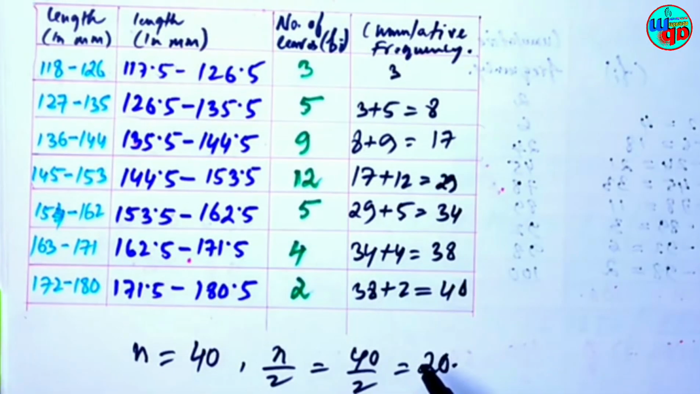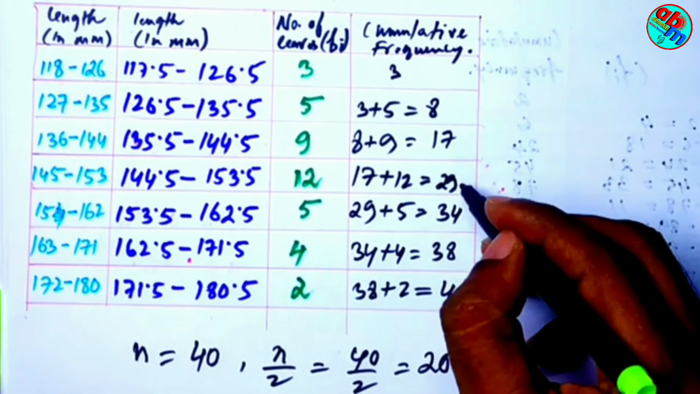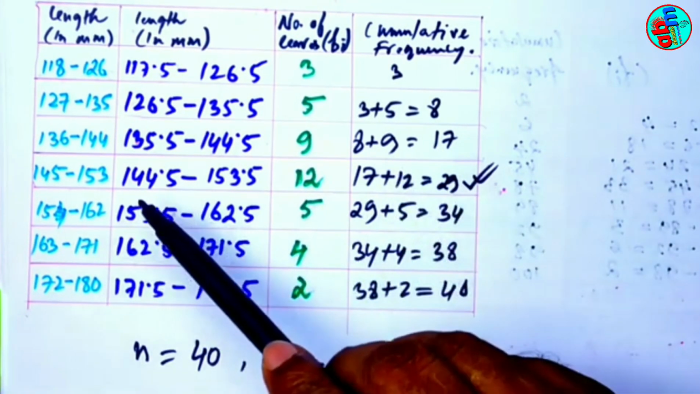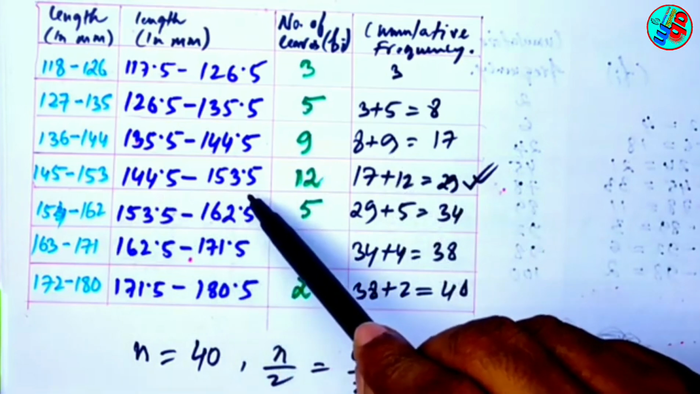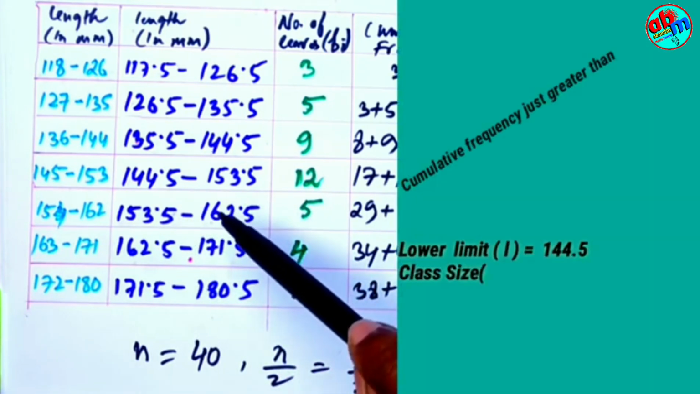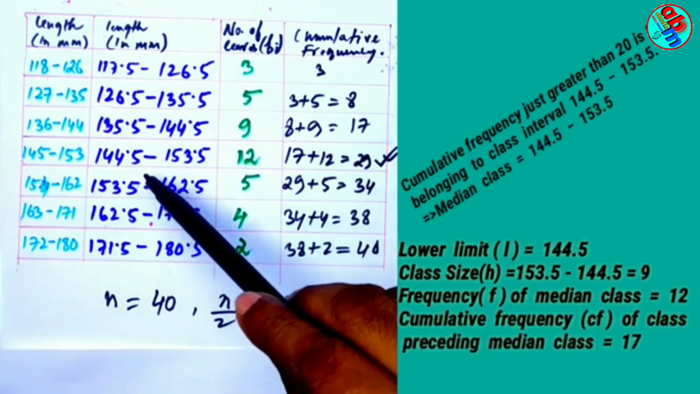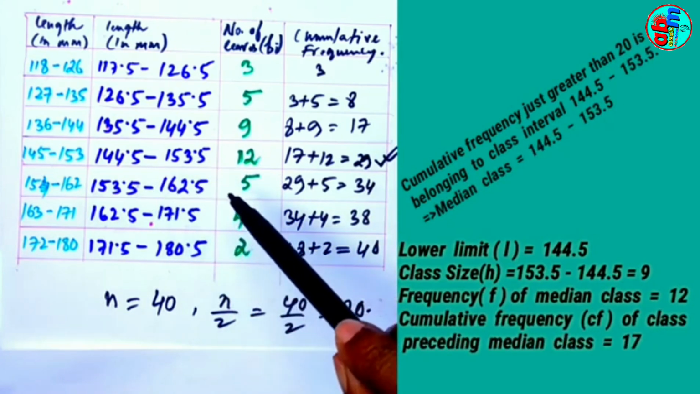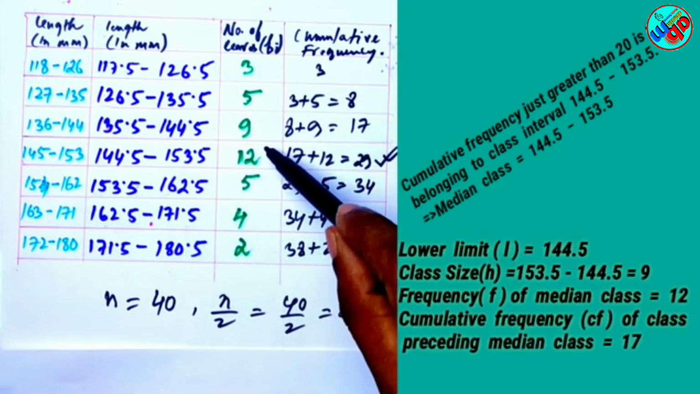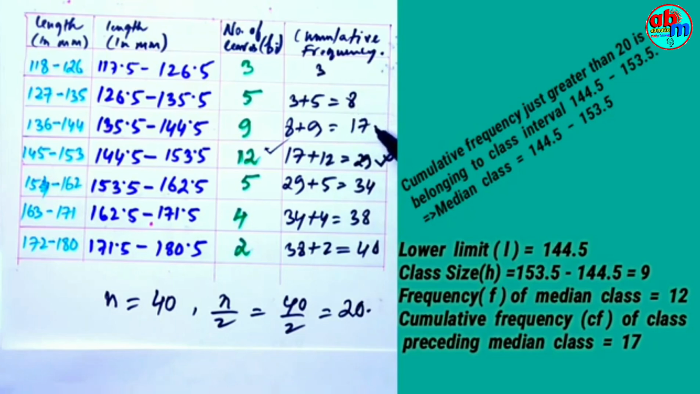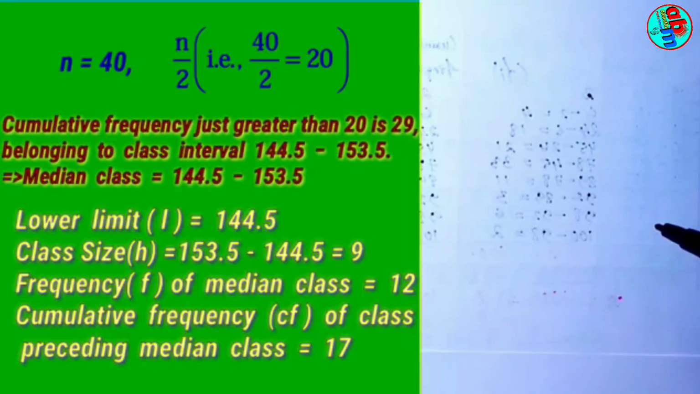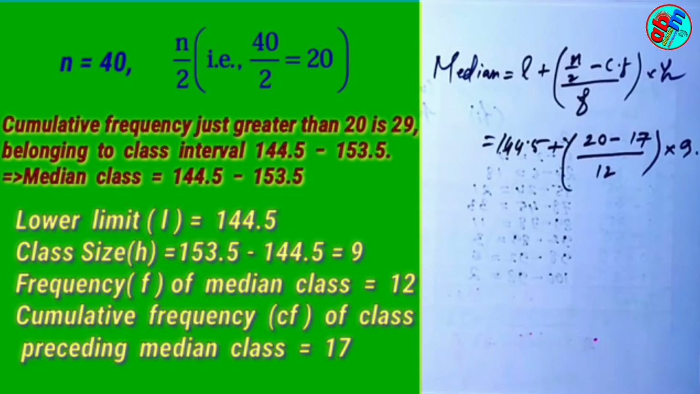Cumulative frequency just greater than 20 is 29, belonging to the class interval 144.5 to 153.5. So our lower limit is 144.5 and class size is 153.5 minus 144.5, which is 9. Frequency of the median class is 12. Cumulative frequency of the preceding class is 17. So we use these values in the formula to calculate the median. So we substitute the values and we get